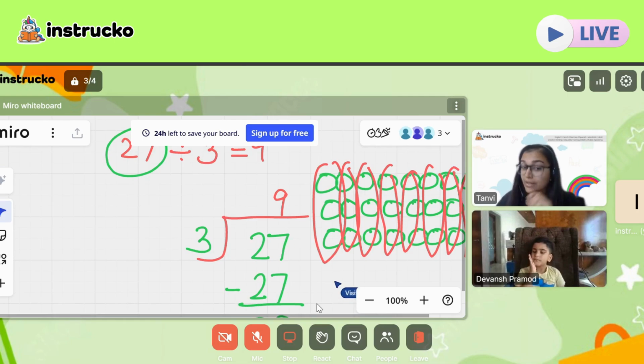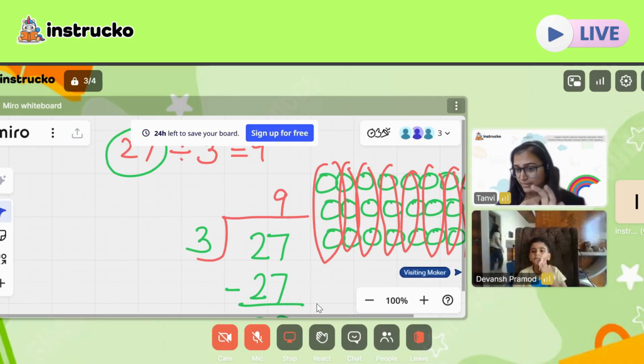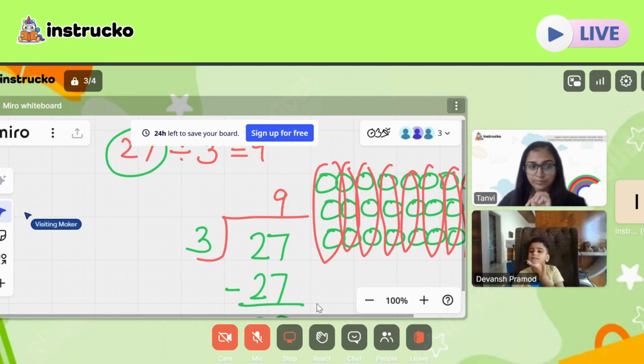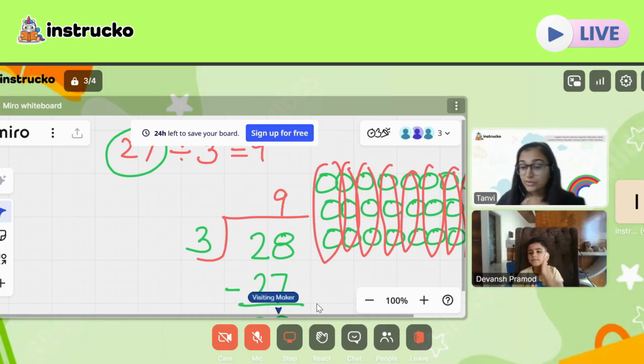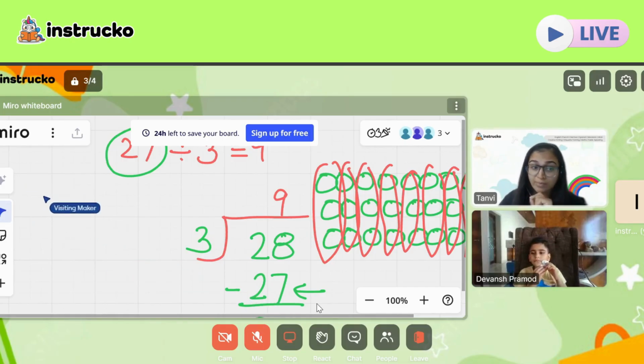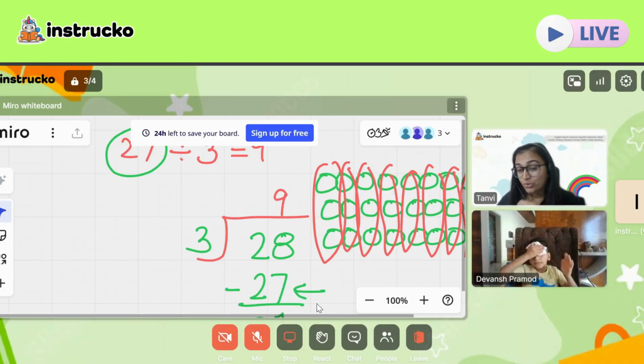Okay. I grouped everything. Nothing is left. Why is this step necessary? Because at times I might not give you 27. I might give you 28. That is another circle. Can you see another circle? So let's change the question to 28. This time you have 28. So you have used only 27 this time to make groups of threes and one remains. That means one is your remainder. You could not divide that.